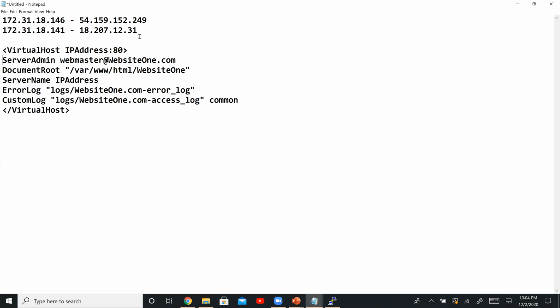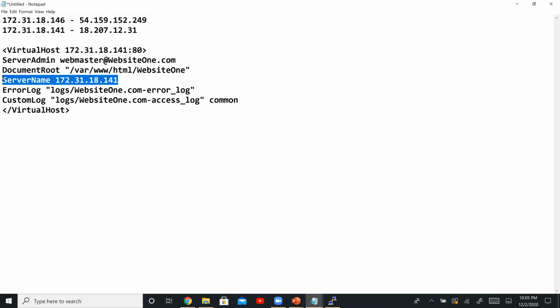Okay, and then what we need to do is replace this IP address. So this is website one. Okay, and for website one, I'm going to take this set of IP addresses that end with one, right? And what we will copy over here is our private IP address. So that is this. So I'm going to copy this and paste it right here and also here.